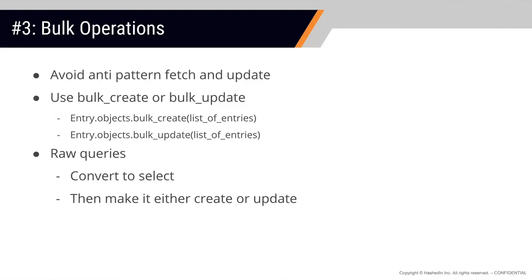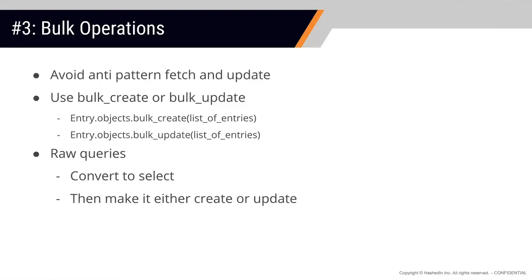Let's say you're not from a Django background and you have simple raw queries with which you want to update a lot of records, right? For example, I have an employee and a created date for when this employee was created, and I want to reformat it, change the date string format, and assign it to something else, right? This is probably a simple scenario, but things can be more complicated also. So in that case, one way, again, is to start iterating and then executing the raw query one by one, right? I'm not talking about Django ORM, it's about raw queries, so you don't have a facility for bulk update and bulk create here.